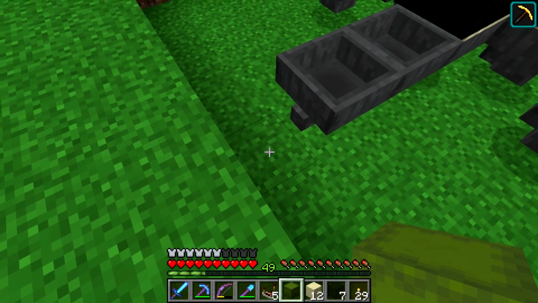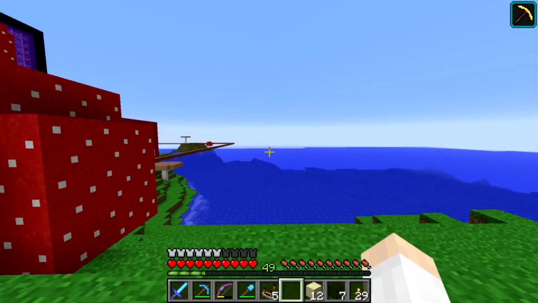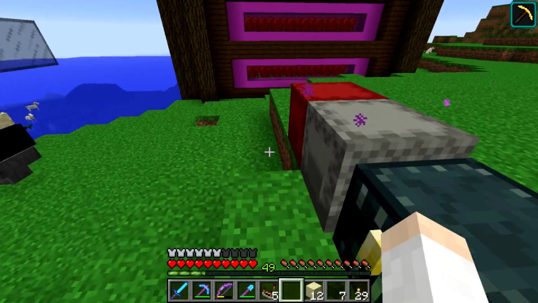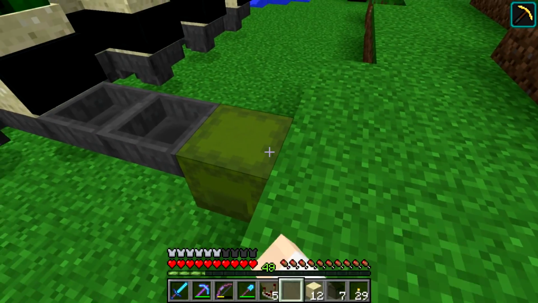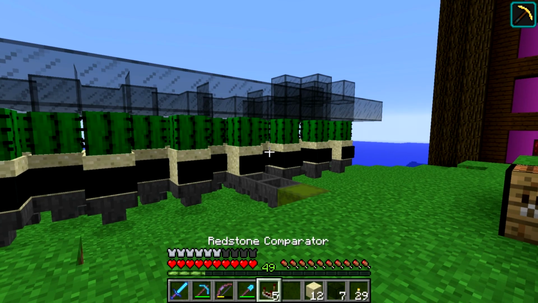And we're going to use a shulker box to collect all the cacti because chests are the past, shulker boxes are the present. Yeah, I really don't like using chests anymore for any reason if I don't have to. So we're going to use a shulker box, and I think it would be cool if...